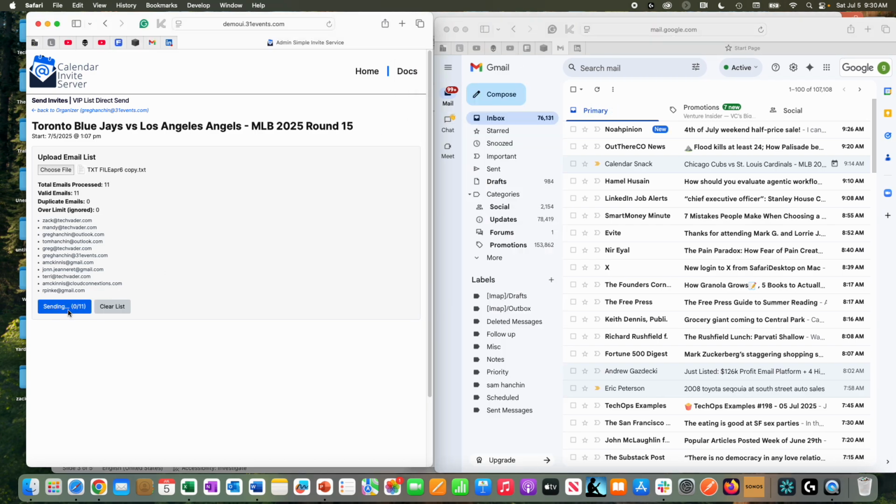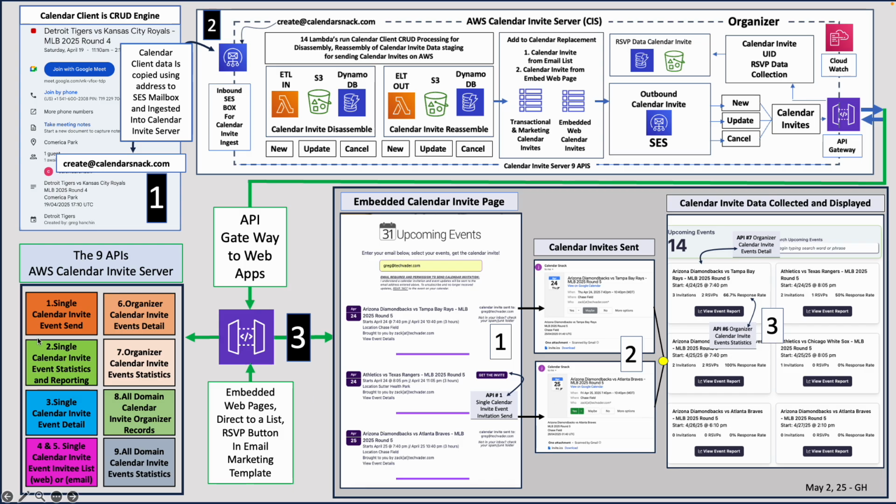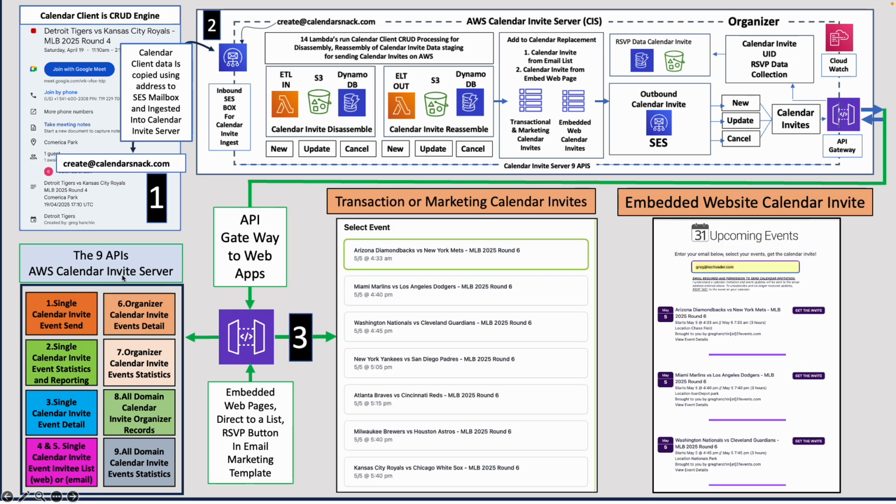is real. I'm just going to click this one button, and you'll see that we're processing this data by taking these email addresses and sending it to the API gateway, which is built right here. We are using single calendar invite send. We just uploaded this list, and if I go through it, what I mechanically just did was I sent a